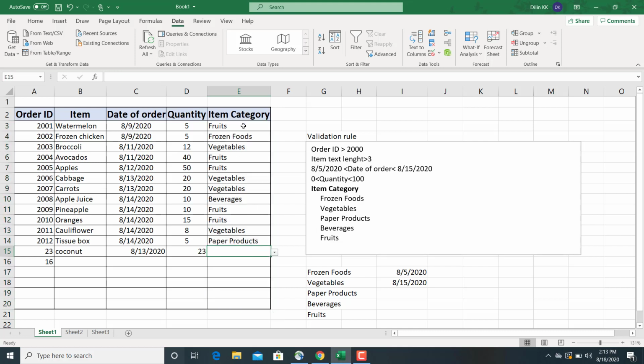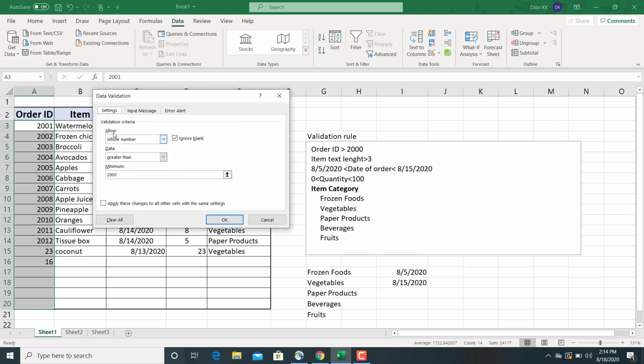Here when you click on a cell, we will get a drop down list. So from this drop down list, we can select our item category. Okay, so here I will select item category vegetables. Now we have applied all the validation rules for this data. Next I would like to show one more thing. So first select the cell and go to data validation. So here you can see an input